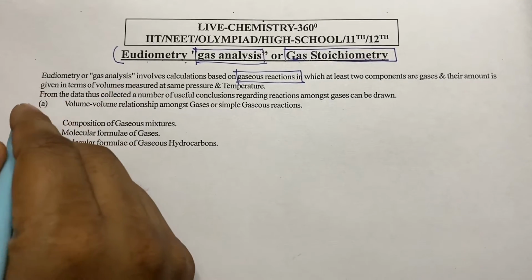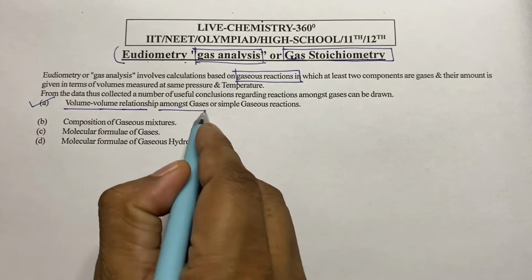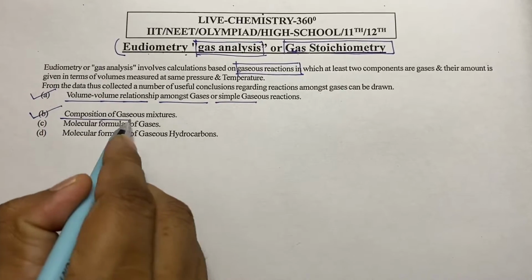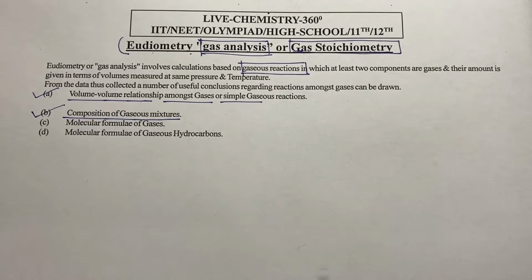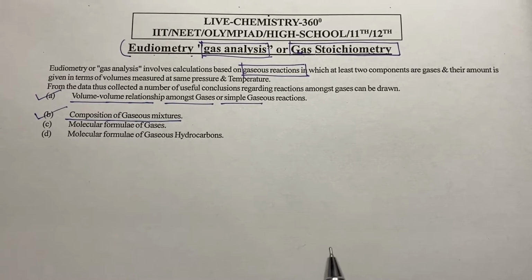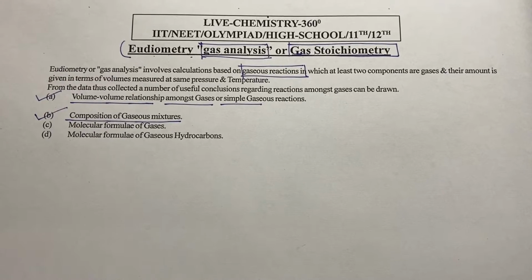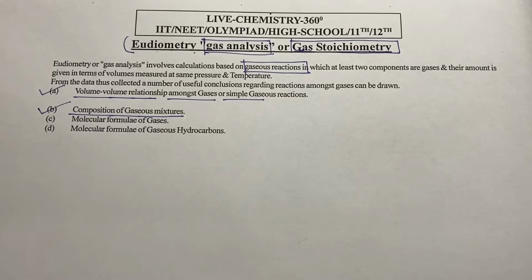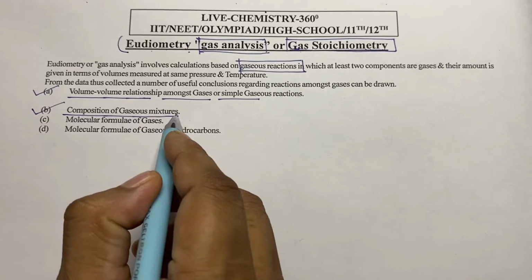We will study the volume relationship amongst the gases, and second is the composition of gaseous mixture. What is meant by this? When two gases react as per the limiting reactant concept, which gas is left in the gaseous mixture, which is formed, and what gas can be absorbed by using a particular absorbent. What gas is formed and what gas was present in excess is studied in the composition